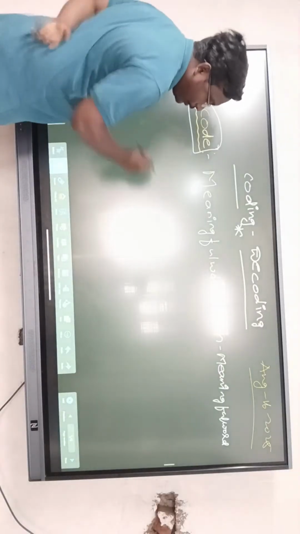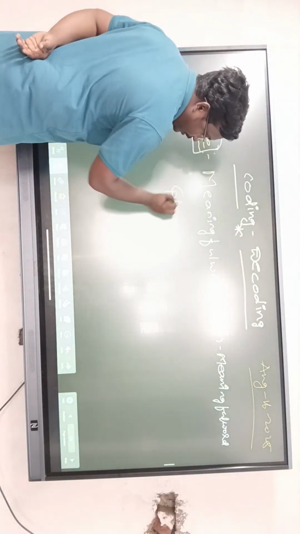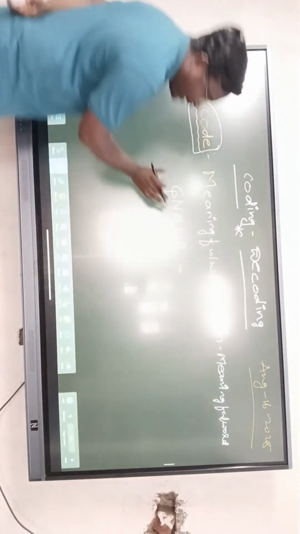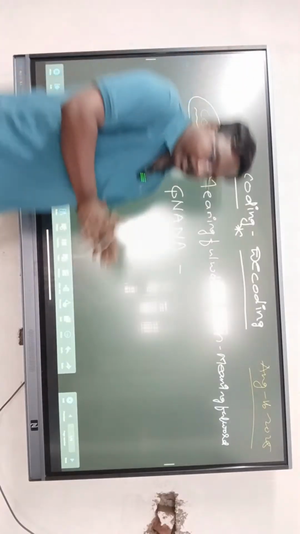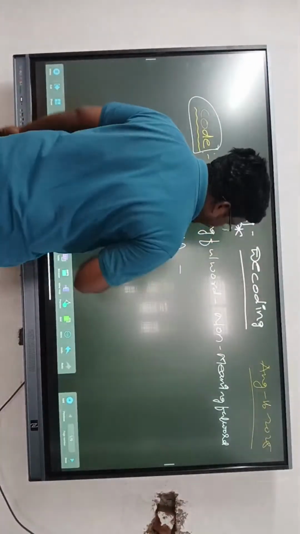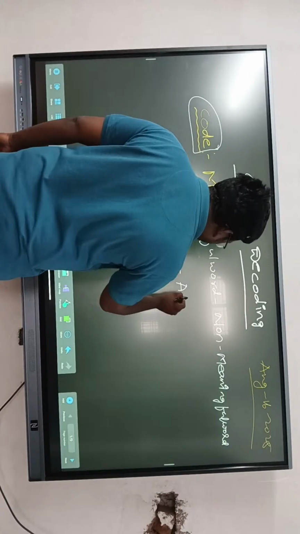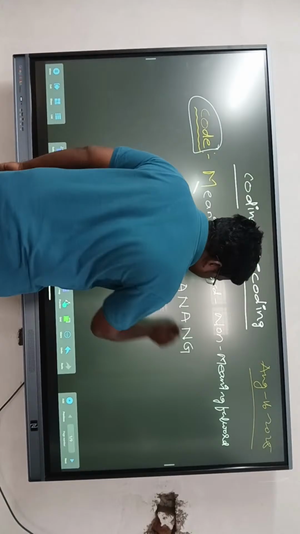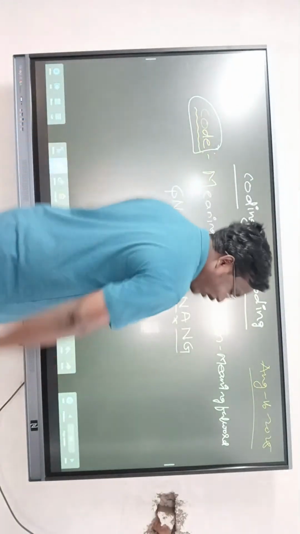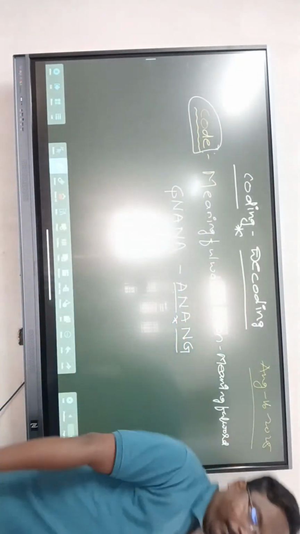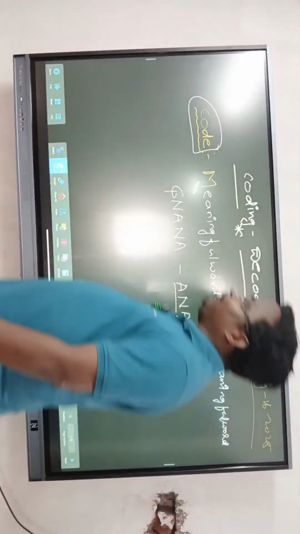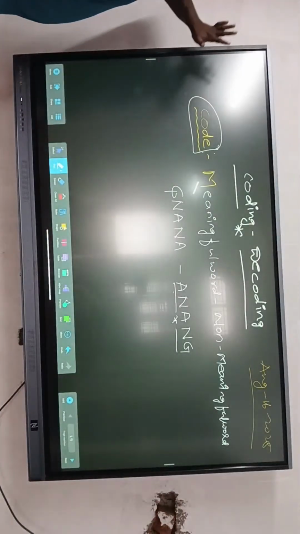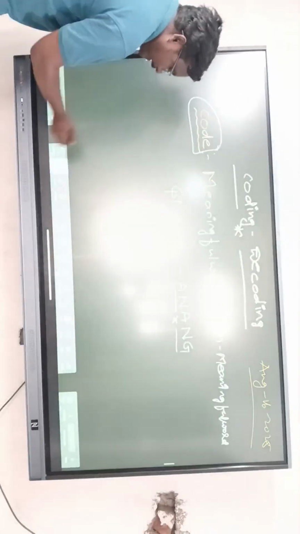Example I am telling you. Suppose GNANA. I write this, a meaningful word. This is a name. GNANA is nothing but a name. Then here I am going to write a non-meaningful word. Suppose A N A N G. Does this have any meaning here? No. There is no meaning. So here a meaningful word can be written as a non-meaningful word. What can it be called? Code.